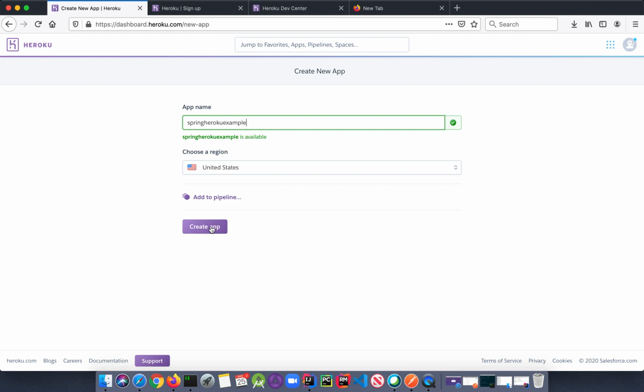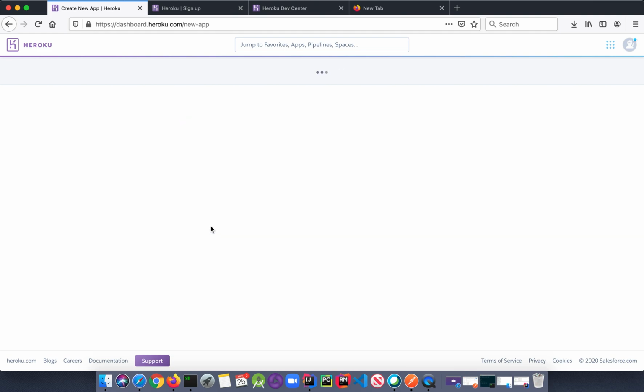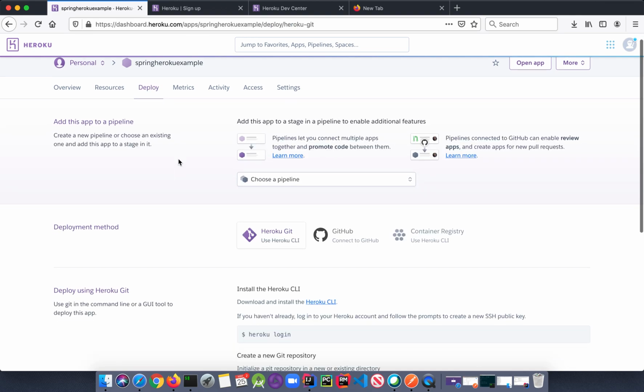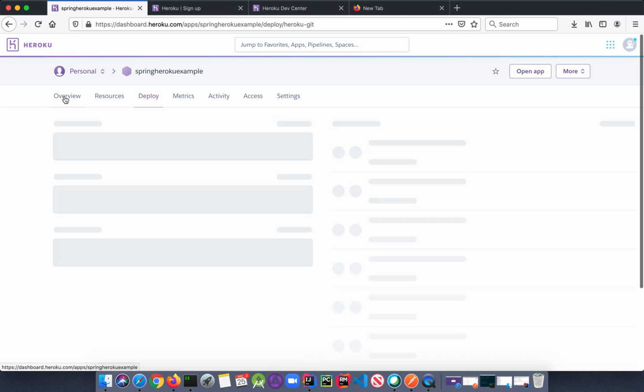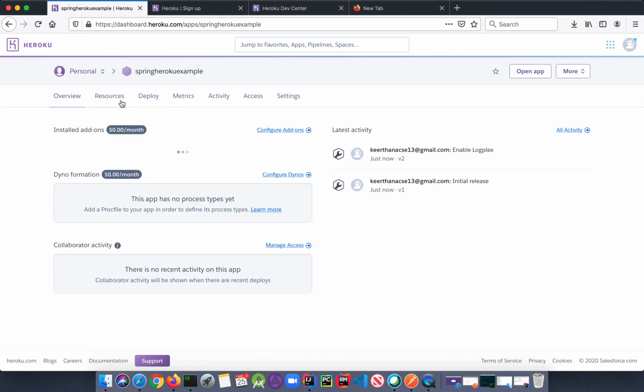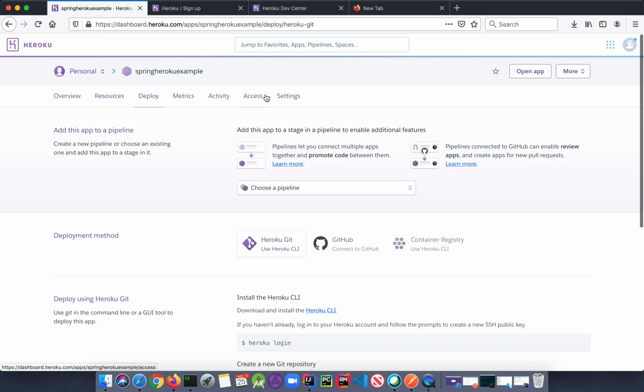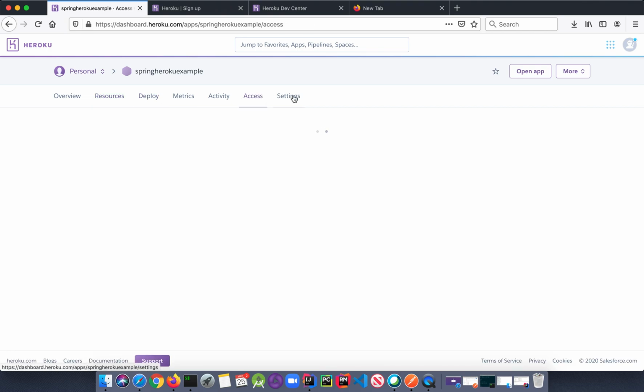You just need to click here, create app. It's done, guys. So this is how your dashboard will look like. You have options like overview, resources tab, deploy, metrics, activity, access, settings.